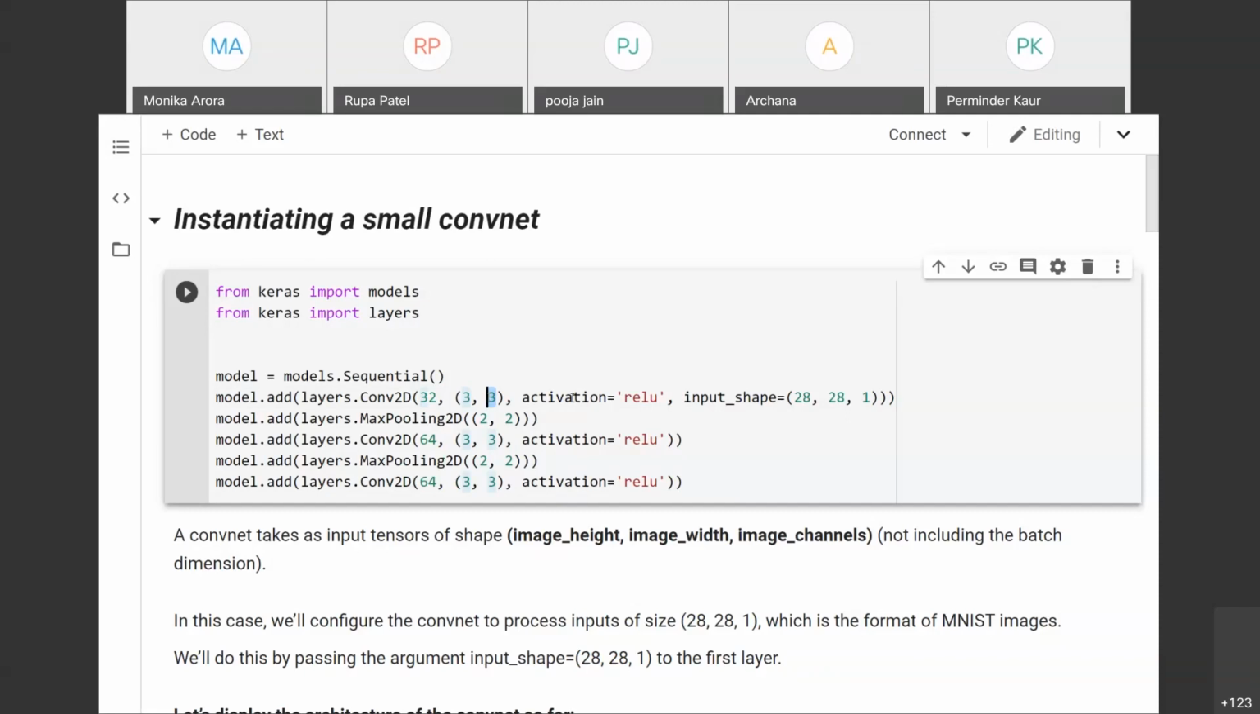Then activation function and input shape are clear, I suppose. Huh? Yes, yes. Okay. Thank you. Right. Yeah, welcome. So